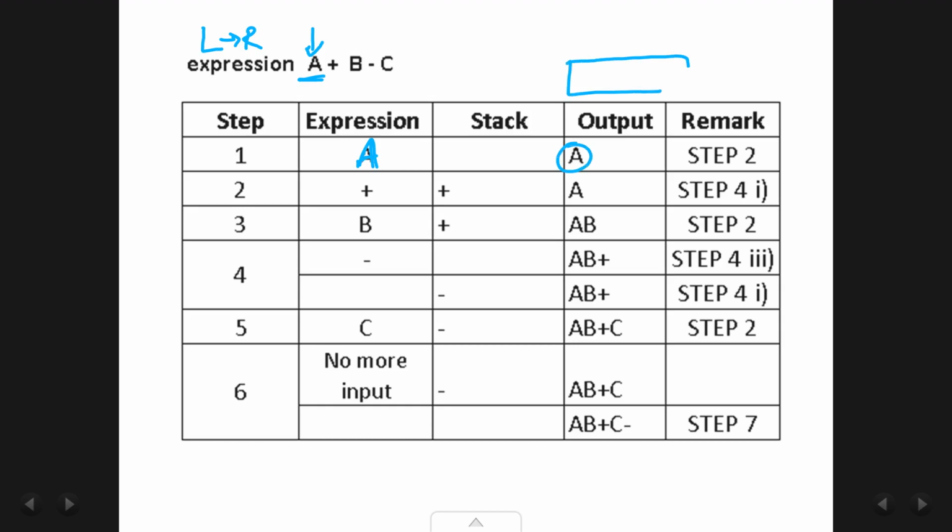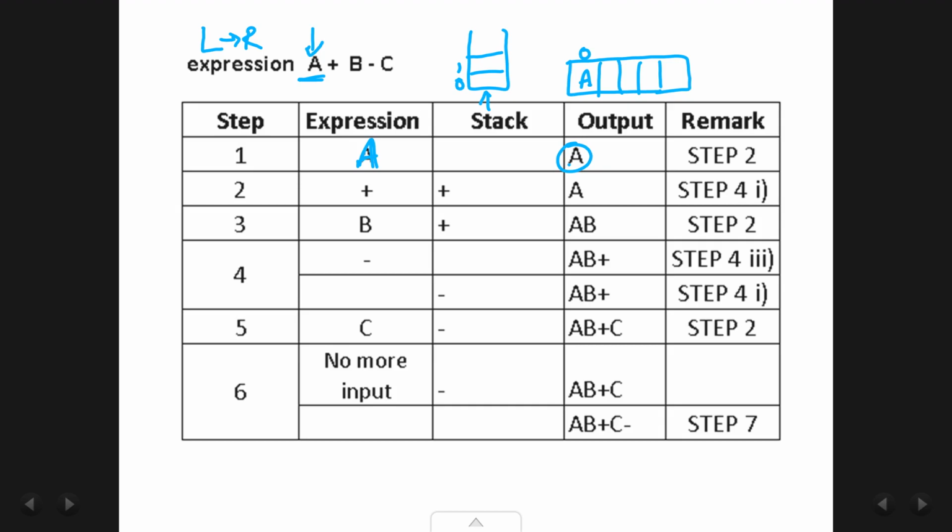Now remember, the output would have been an array like this. So we are adding A to the 0 index in your array. And the stack also would have been something like this, but we are just showing it in the form of a table.